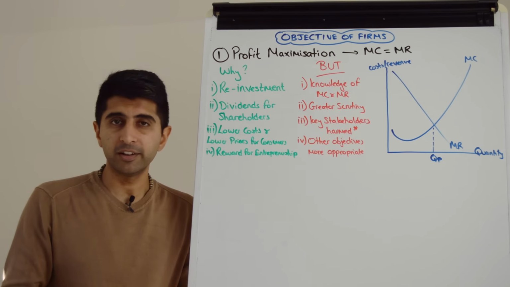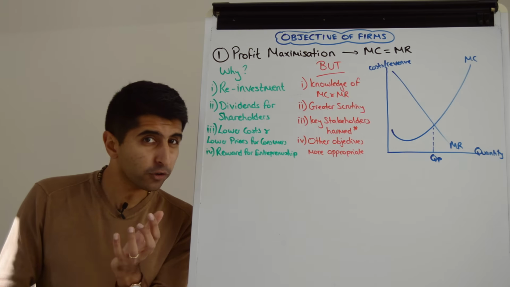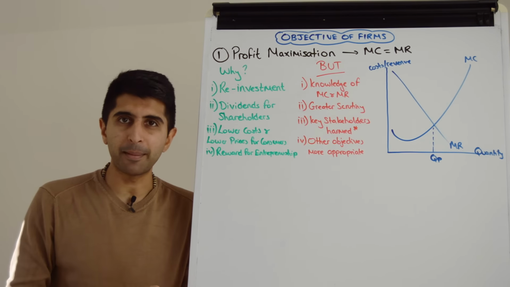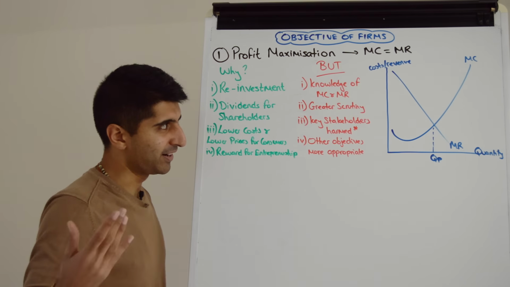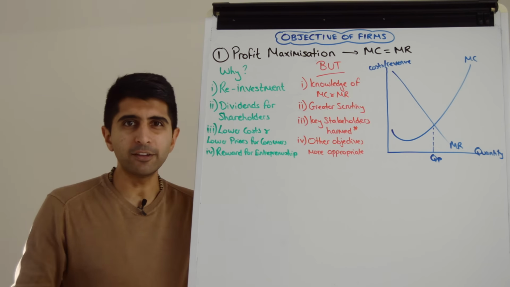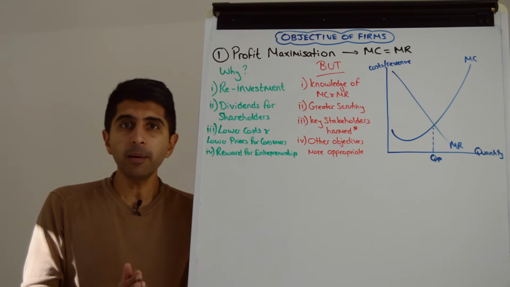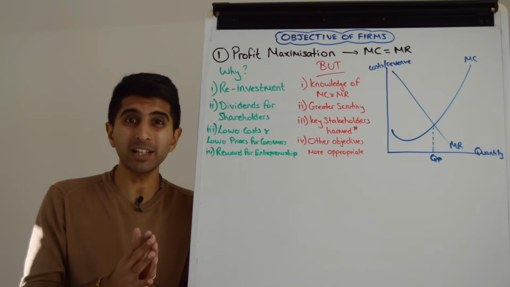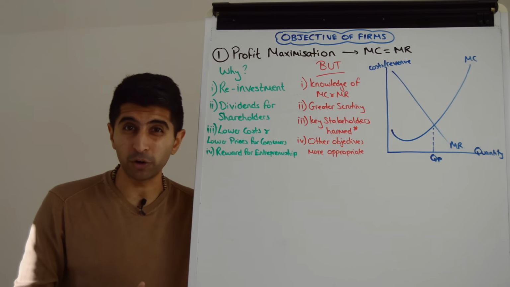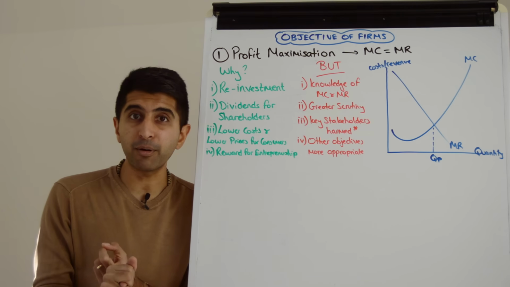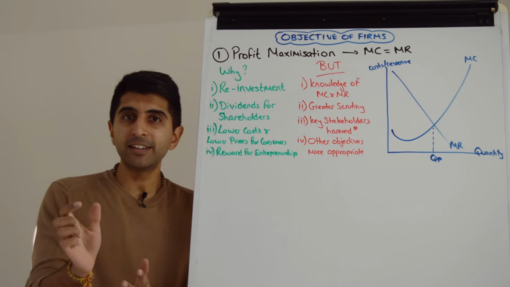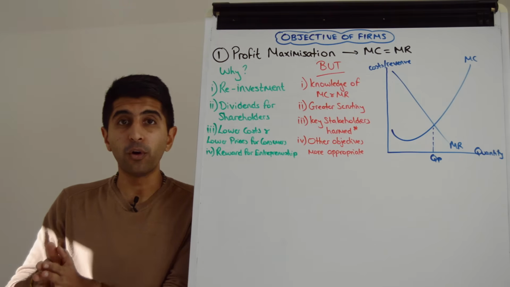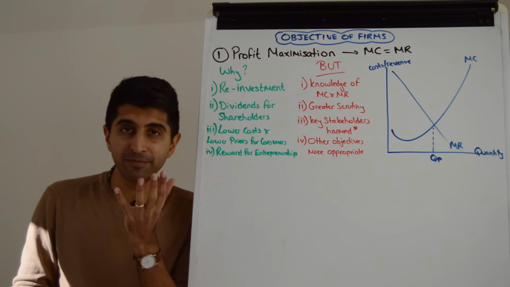But in the real world, there could be many businesses that decide not to profit maximize. Why not? Well, one reason, they don't know their MC and MR, they don't compute it. Well, that's going to make it very difficult, obviously. But another reason is to avoid scrutiny. If a firm is making very large profits, competition authorities, regulators might look at them and think, you might be doing something dodgy. Maybe the business is charging high prices. Maybe they think the business is taking shortcuts with costs. Maybe they think standards are low in the business. And therefore, these regulators might come in and investigate.